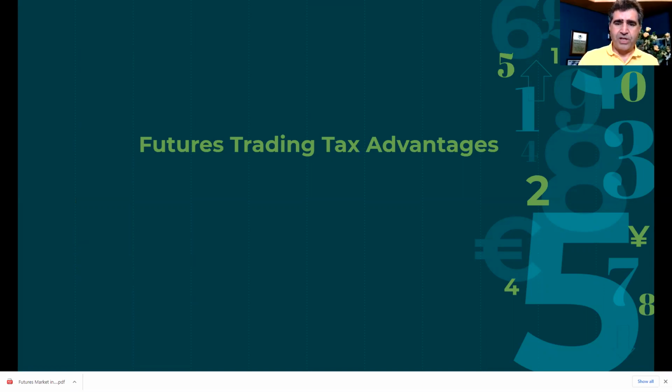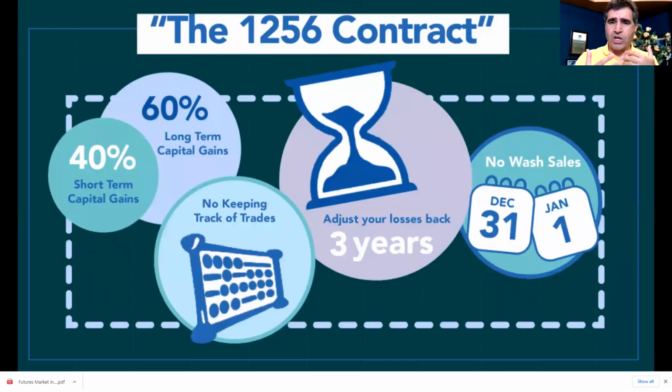So futures trading has the following tax advantages. It's something called tax code 1256. What that says is, regardless of whether you're in the futures market for a second or for a year and a half, whatever investments you have in futures, which usually have a finite life, so it's always short-term to intermediate term, you do have this code: regardless of the gains, 60% always gets treated as long-term capital gains, and only 40% is short-term.